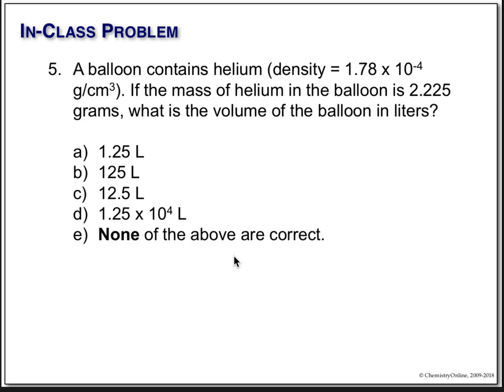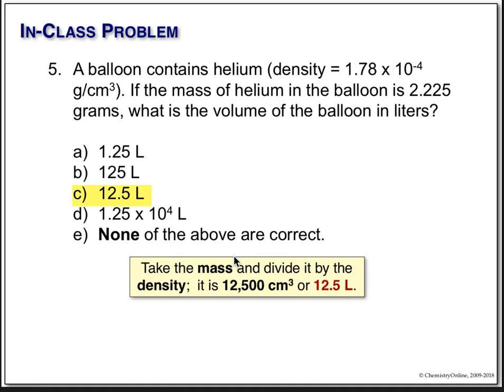I guess there is one more. I thought we were done. There's a balloon, helium. There's its density. If the mass of the balloon is so-and-so, what's the volume? Again, simple calculation. Density is mass divided by volume. Mass